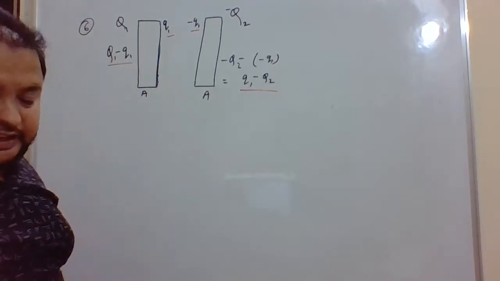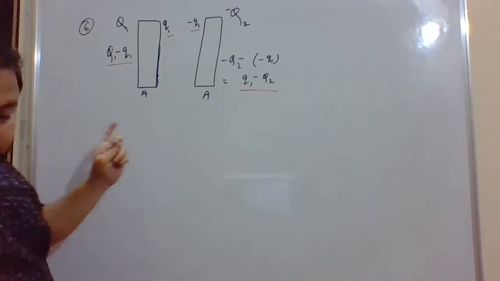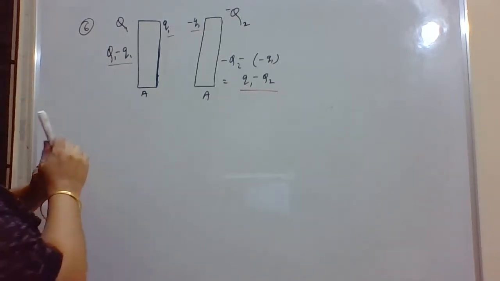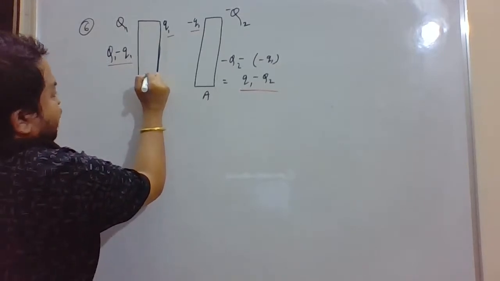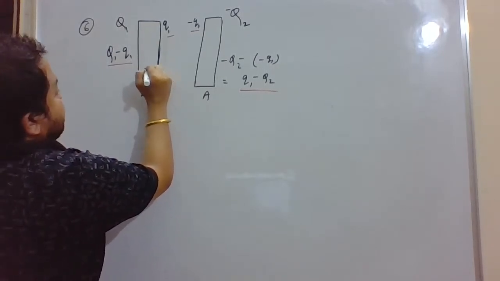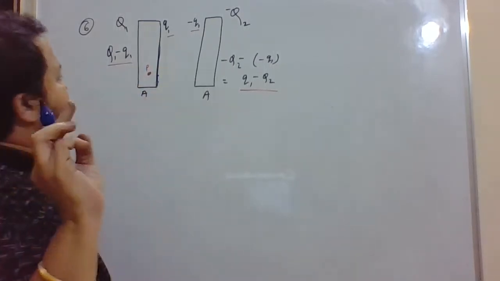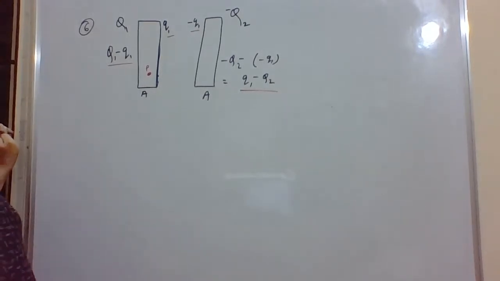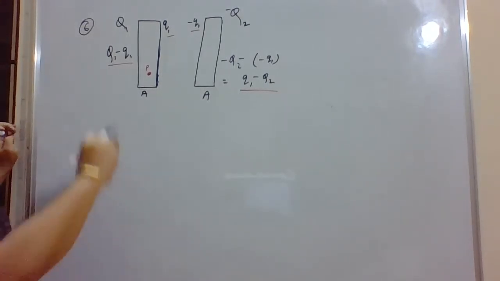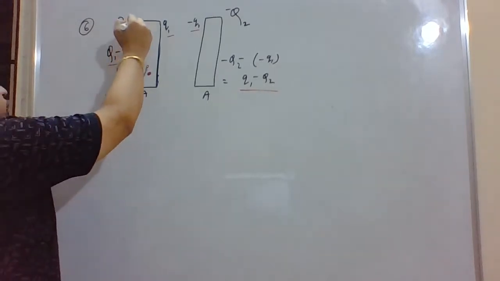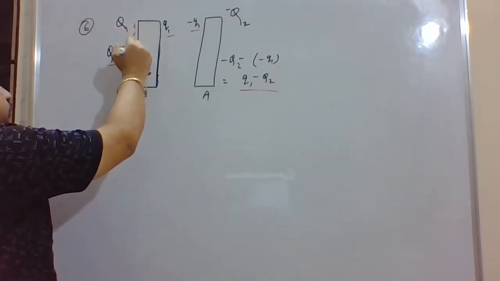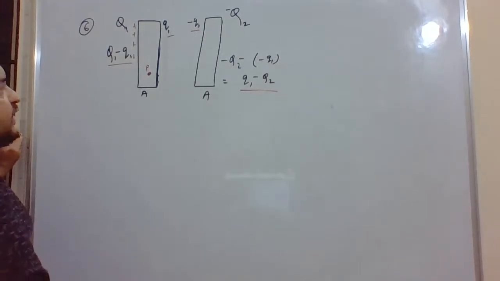Let us try to understand. In this case, to find the charge distribution, let us consider a point P inside any of these plates. Now if we consider a test charge at P here,